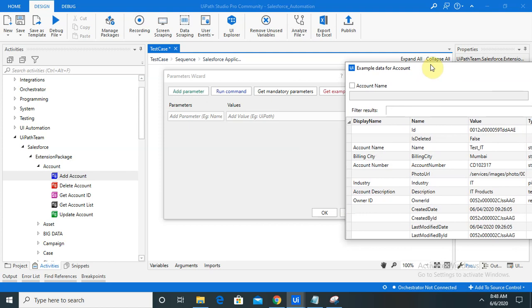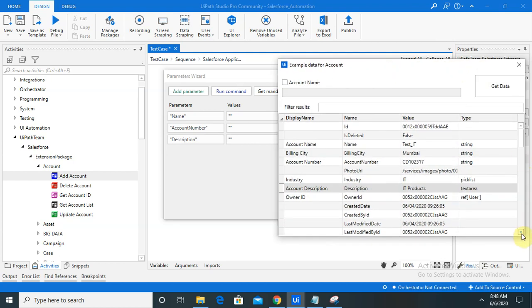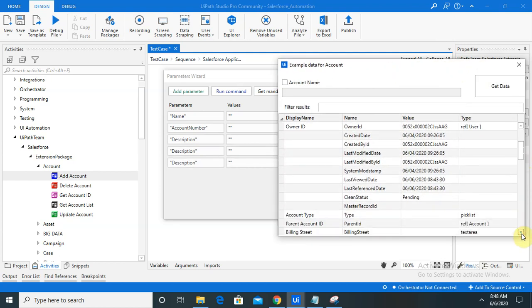So here I'm just using the name of my account, next the account number, third the description, why this account is used, and phone number is the mandatory criteria which is required for it.